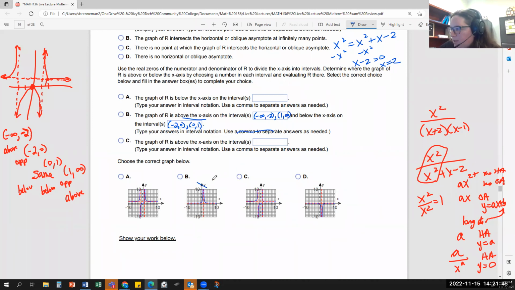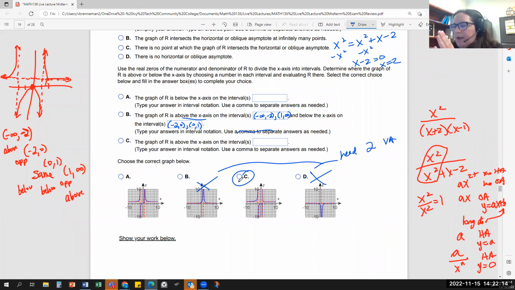So B is out because it only has one vertical asymptote. Same thing with D. And then between C and A, C has it crossing the axis. So if you sketch the graph as you're going, using that